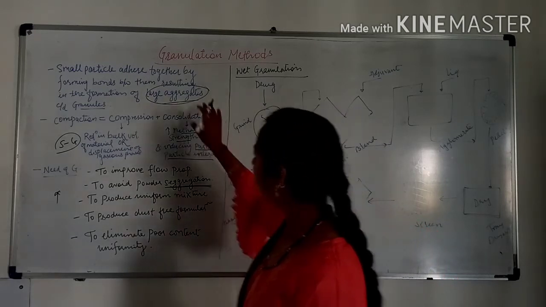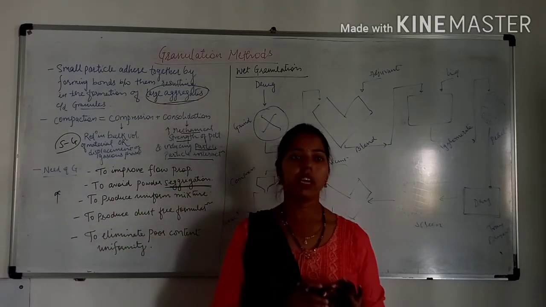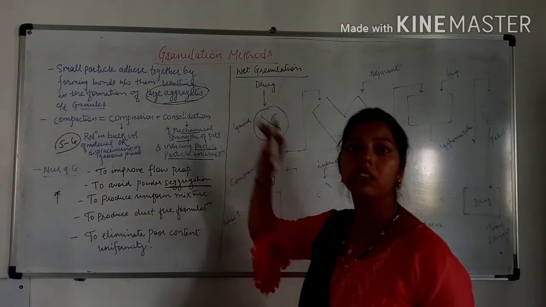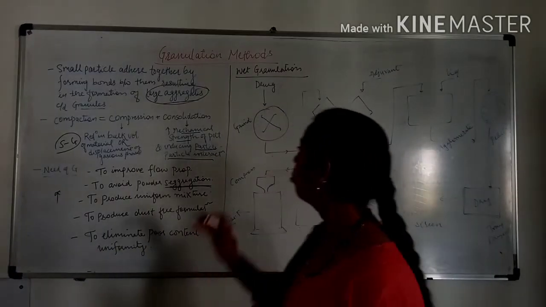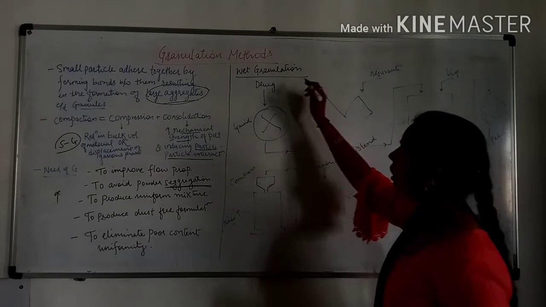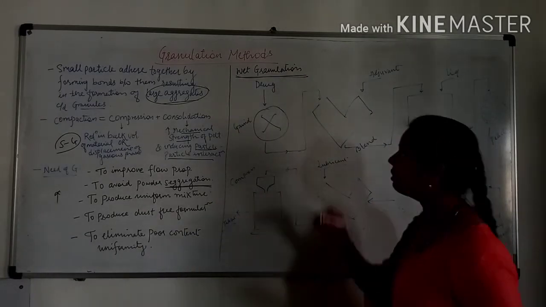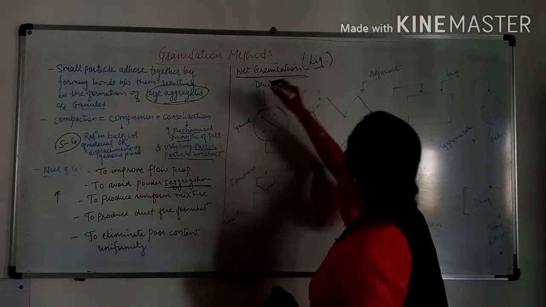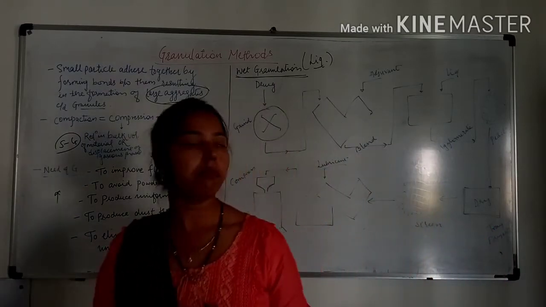Now we are going to start with the granulation techniques. There are three types of granulation methods. First is wet granulation, second is dry granulation, and third is direct compression. So let us start with the wet granulation technique. As the name suggests, in wet granulation we use liquids to make the compact mass, or to make the damp mass.